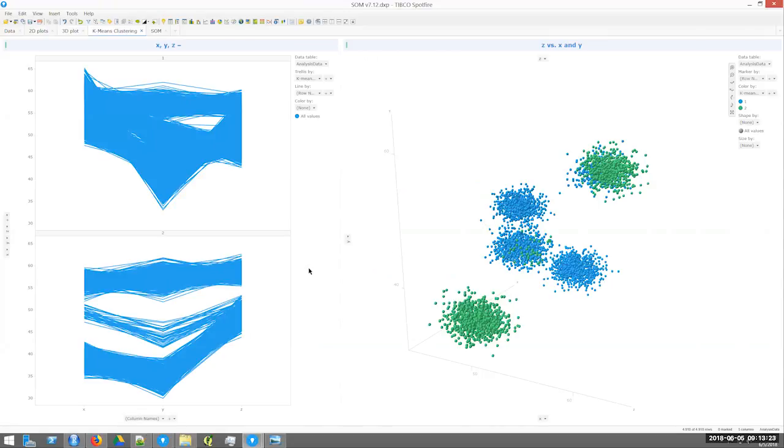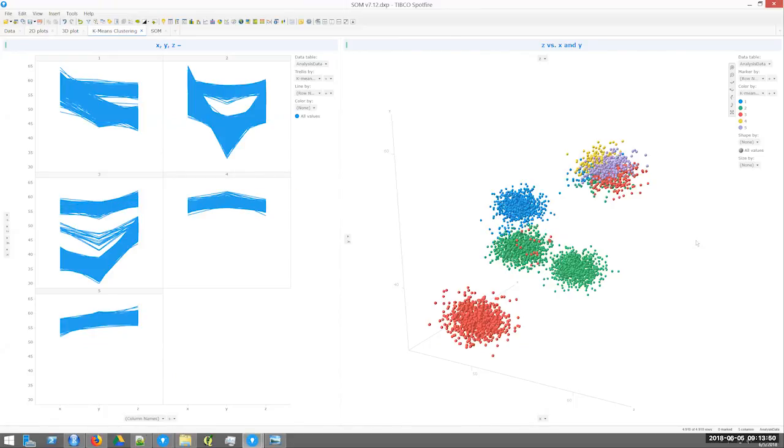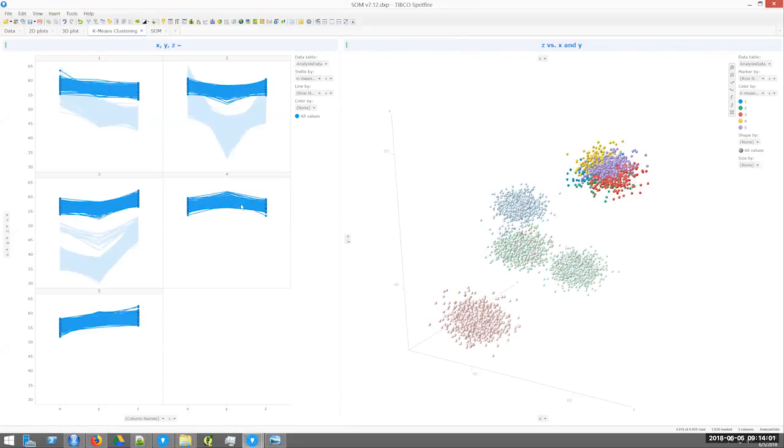If I jump ahead to the out-of-the-box Spotfire k-means clustering, I've got this set up. The left-hand side is the out-of-the-box k-means clustering with the X, Y, and Z variables. I get there through the tools menu down to the k-means clustering dialog, and I can specify how many clusters to use. So I guess there are 5 clusters here. If I choose 5 clusters, it'll regroup and form 5 clusters, color coded by the cluster identifier. And this poor little cluster up at the upper right-hand side gets scattered across many of these